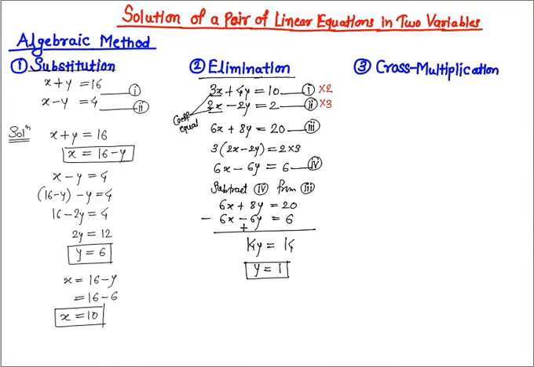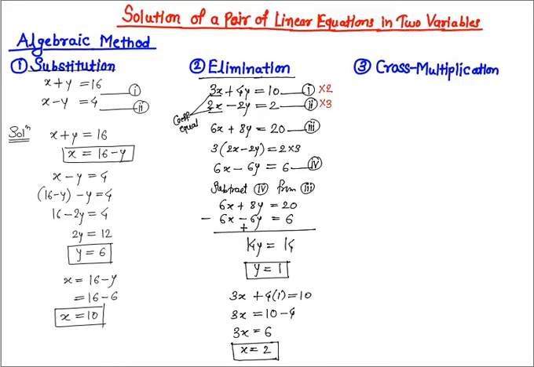Now let's substitute this value of y in any of the given equations. You will get x, right? So let's take the first equation and substitute the value of y as 1. We get 3x plus 4 into 1 equals 10. That is 3x equals 10 minus 4. So 3x equals 6. x equals 6 by 3. That is 2. So x equals 2 and y equals 1 are the solutions of the given linear